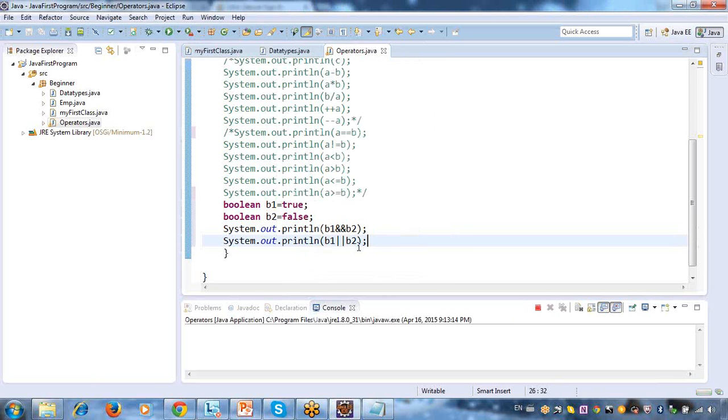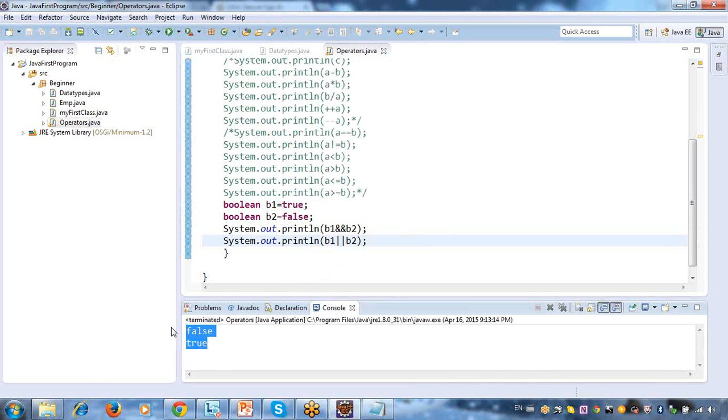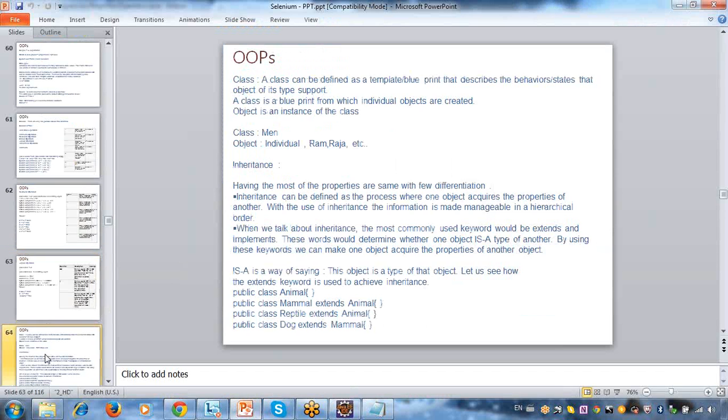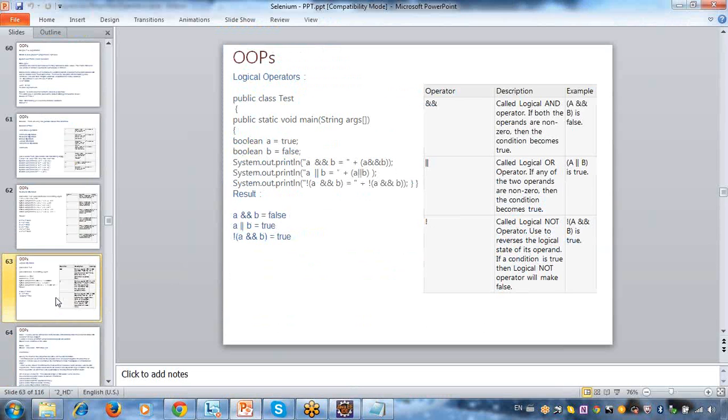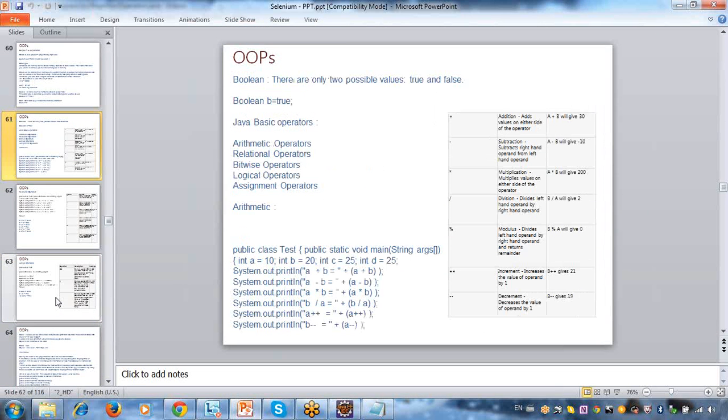Let's run this. Logical operators are used when you're writing your scripts and sometimes you want to check two conditions at a time. In this kind of situation, I will go with my logical operators. There are logical operators, relational operators, and arithmetic operators.